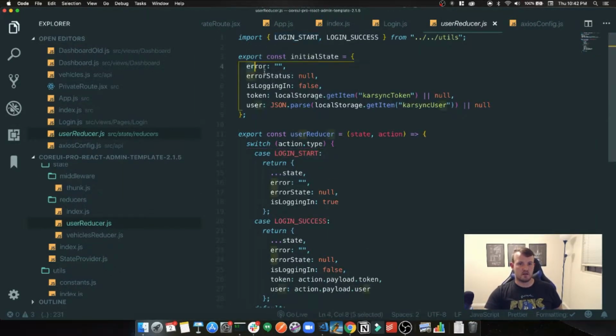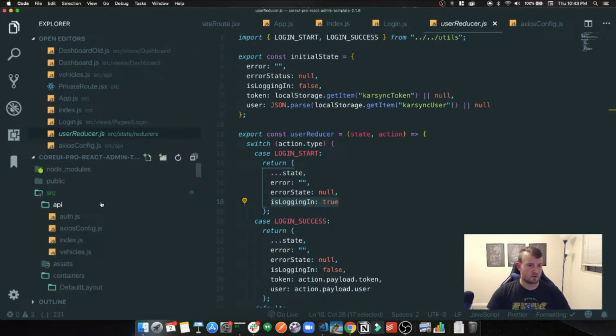All right, so login start. Here's our initial state. No error status. Is logging in is false. We have a token and a user that we're checking to see if we have those items in local storage. So we're going to hydrate our state with those items from local storage if they're there. Otherwise, we're just going to set those to null. So when we click login, before we make our fetch, we're going to toggle is logging in to true, which is going to